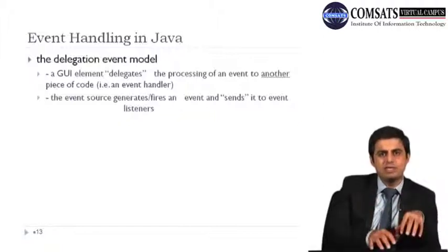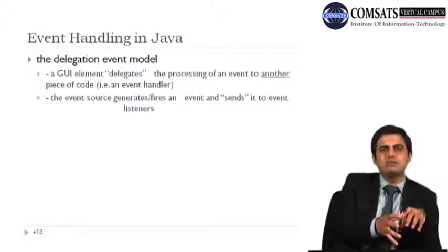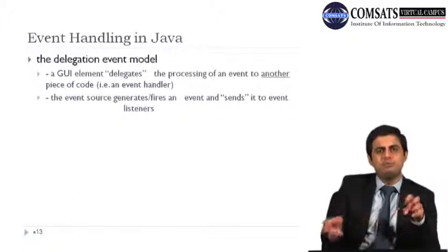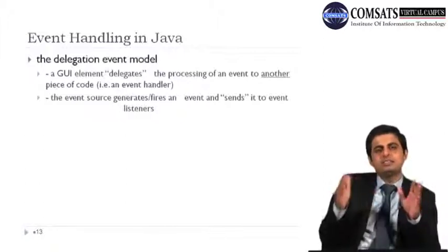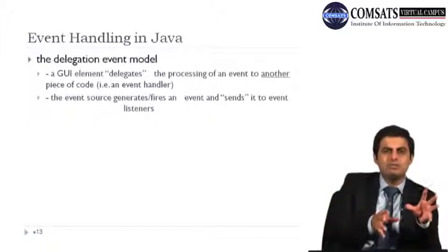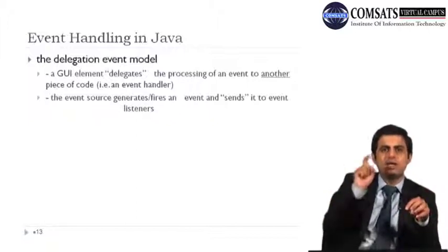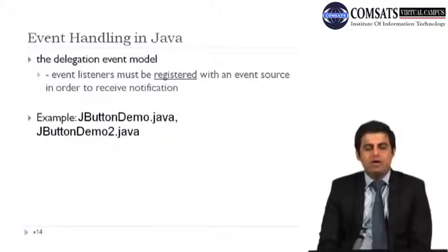You start typing something in it, and the event listener will notice that there is some kind of input from the keyboard to that kind of dialog box, and then the action will be taken according to that. And in the case of buttons or menus, a mouse click is the source. Okay,